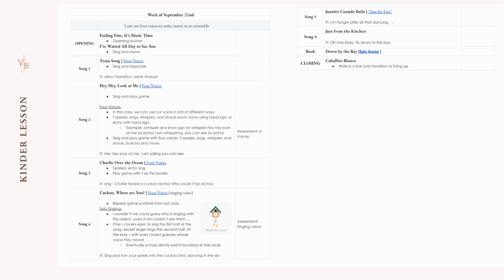So the pacing of these lower elementary lessons is really, really quick. We also have songs in here that are just for fun, just for the joy of making music together in our ensemble. With upper elementary, and specifically 5th grade later in the year, we are normally working on things that